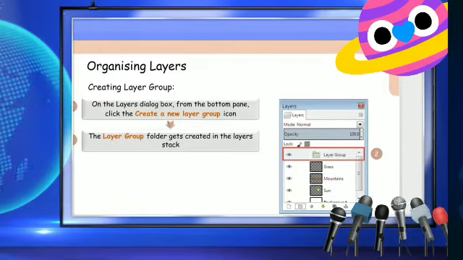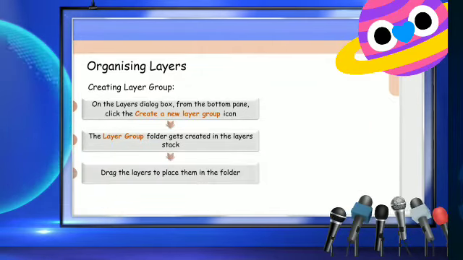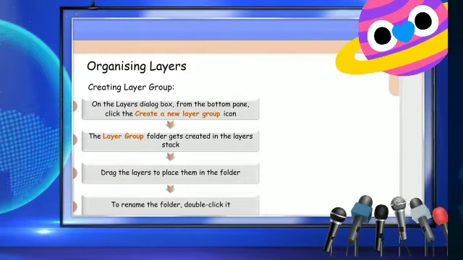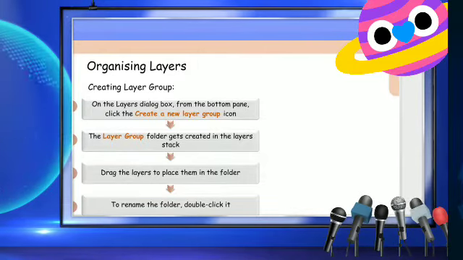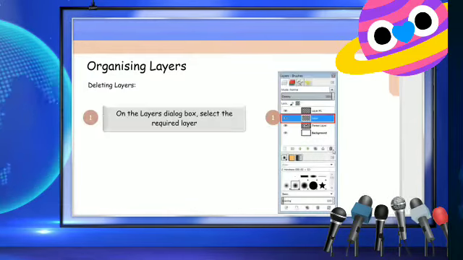The layer group folder gets created in the layers stack. Next, third point: drag the layers to place them in the folder. To resume the folder, double click it.